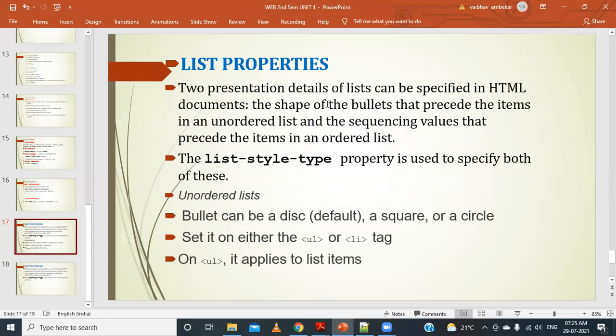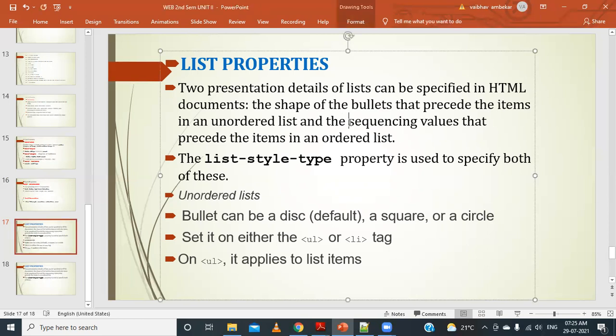For the unordered list, what should be the type of that particular bullet? And for the ordered list items, how should they appear, whether with ABCD or Roman letters or with a 1 2 3 4 series and so on.